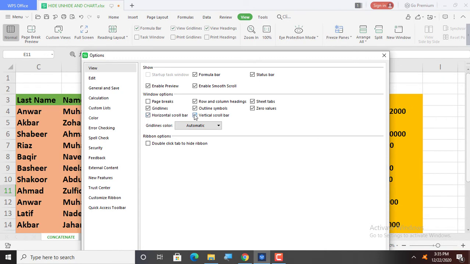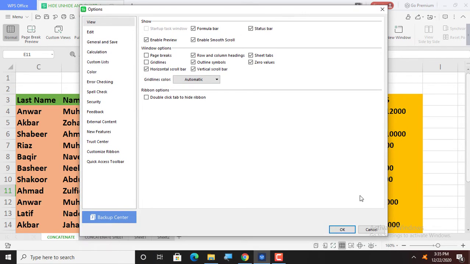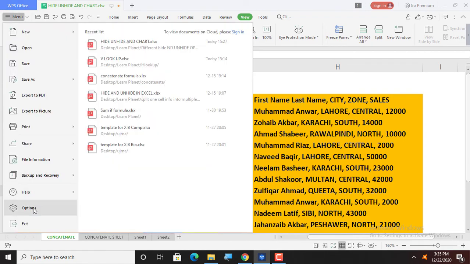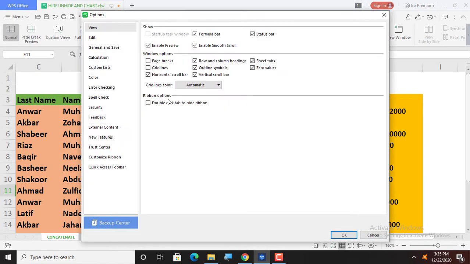Let me do it for you. If I uncheck Grid Lines and press OK, you can see the grid line has gone, as we did from there. Now I'll bring them back.